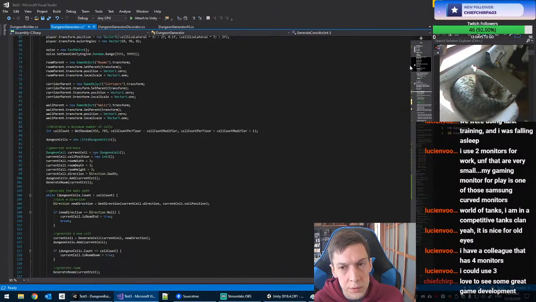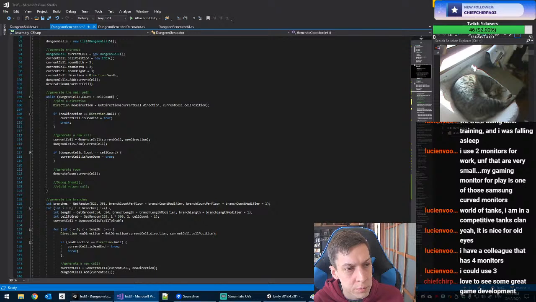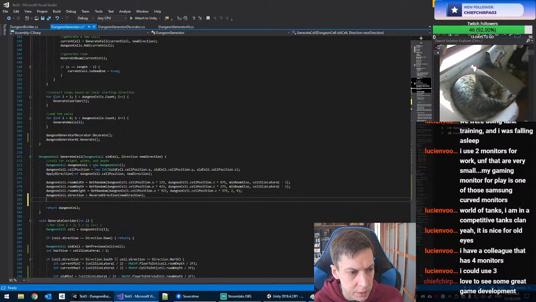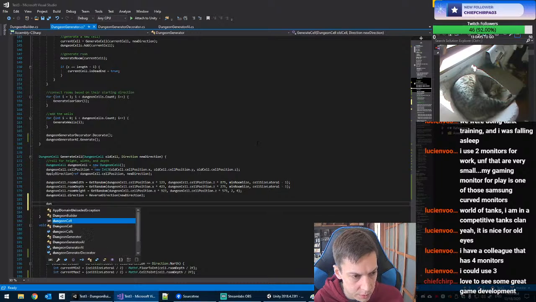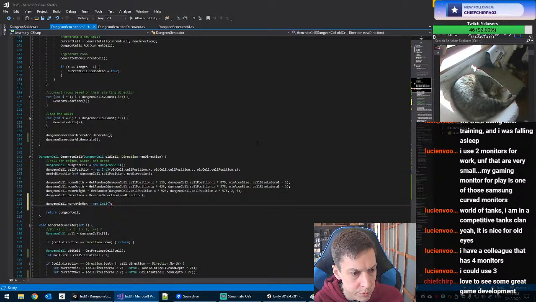In all cases, that's the entrance. When we generate the cell, here we've got the width, the depth, and the height. So now our dungeon cell's north min max is going to equal a new int 2 of, let's see,